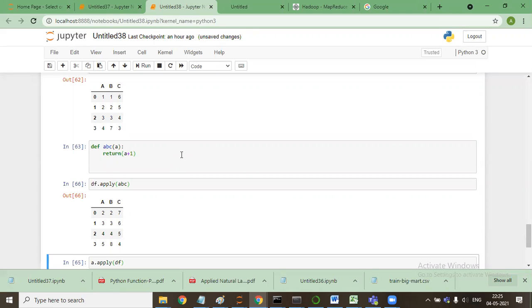So the apply function basically works when a single row or a column of a data frame needs to be operated on. Here I made this data frame and passed it to the apply function. Then it takes a column or row, which I'll confirm tomorrow, and performs this operation on that, and it keeps iterating until the rows or the columns are finished. So this is the function of apply, but I will cover it in more detail tomorrow.